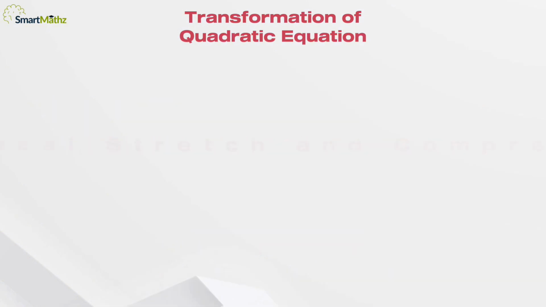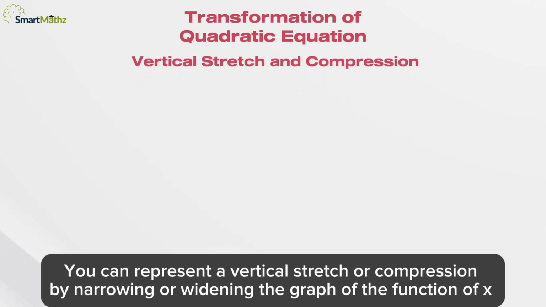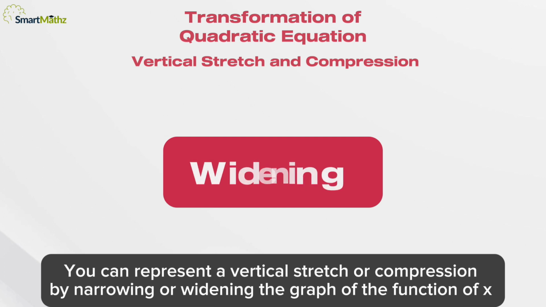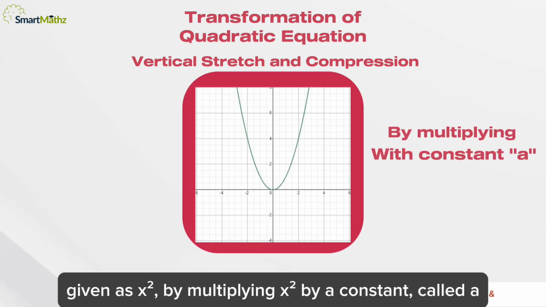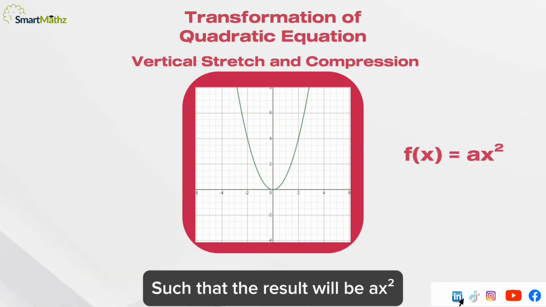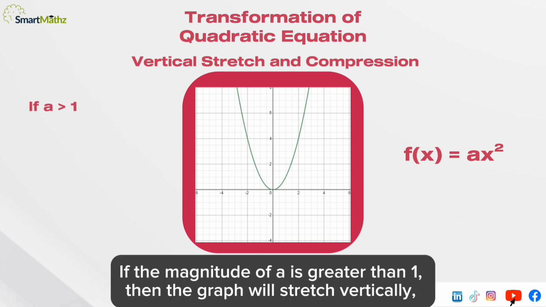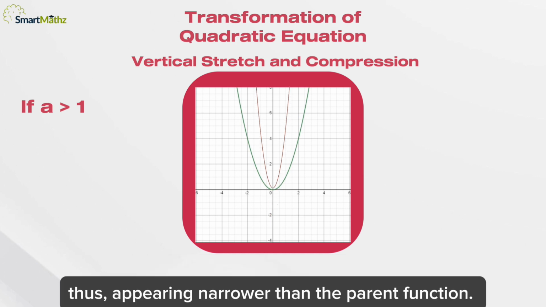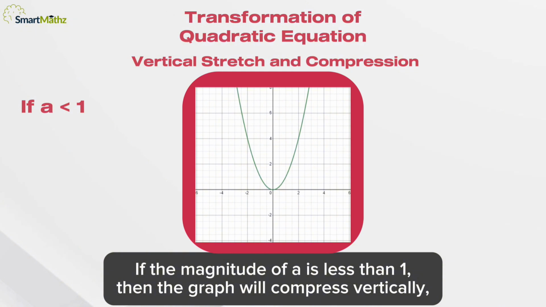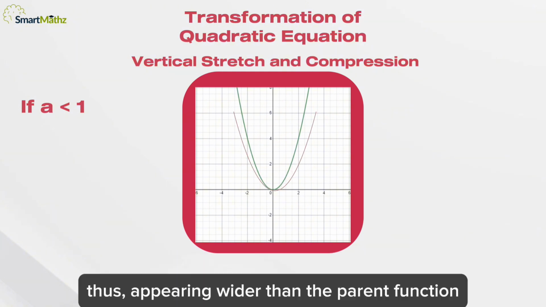Vertical stretch and compression. You can represent a vertical stretch or compression by narrowing or widening the graph of the function f of x given as x squared by multiplying x squared by a constant a, such that the result will be a times x squared. If the magnitude of a is greater than 1, then the graph will stretch vertically, thus appearing narrower than the parent function. If the magnitude of a is less than 1, then the graph will compress vertically, thus appearing wider